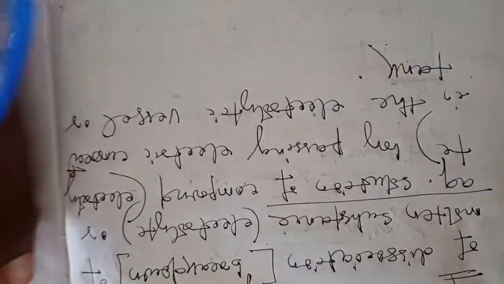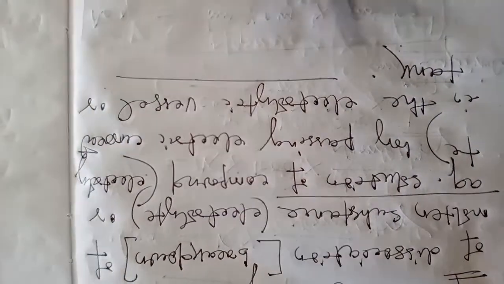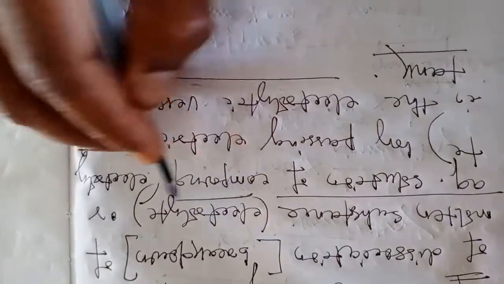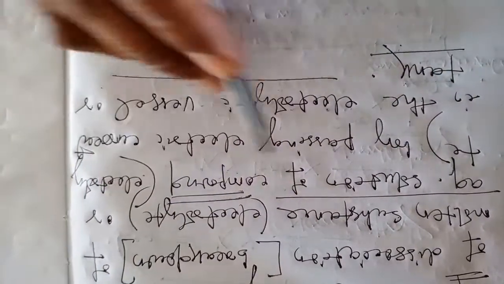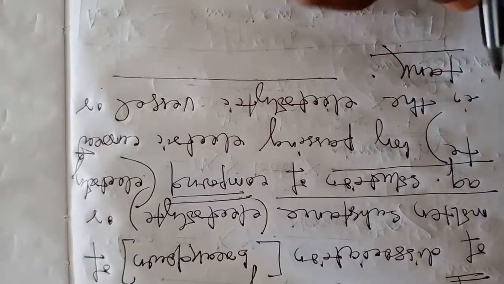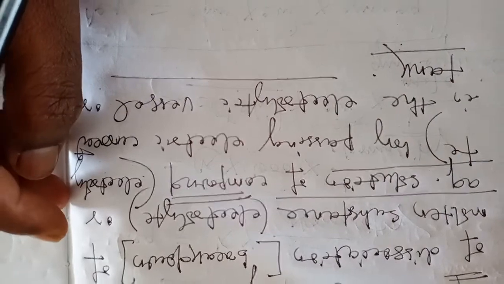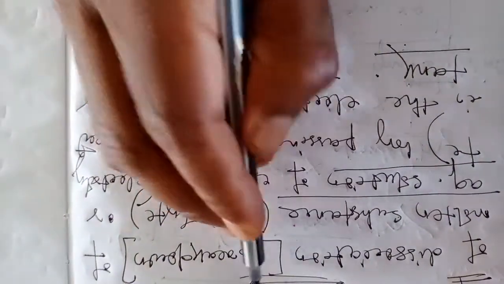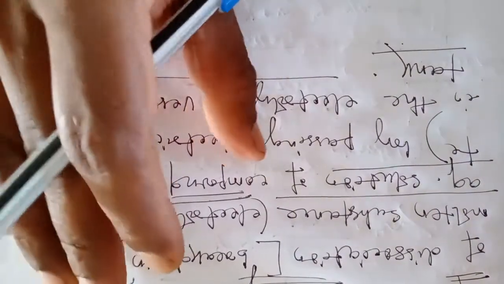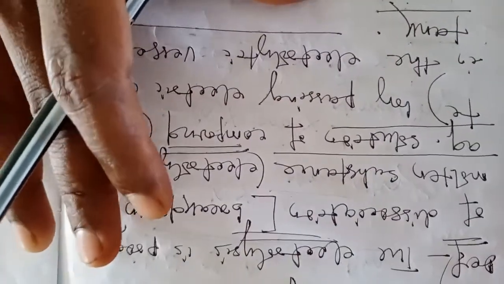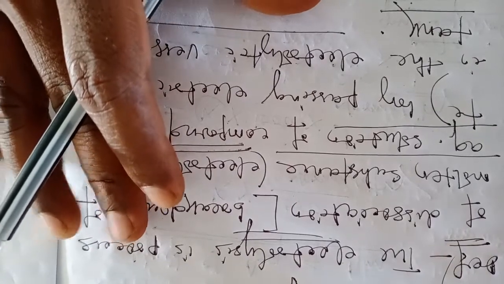So we have to take a vessel that is called the electrolytic vessel or tank. Within this vessel we take the electrolyte, which may be in molten state or in aqueous form, and we dissociate or break down that electrolyte into ions. This is called electrolysis. I will draw the particular figure, and that will help you understand better.